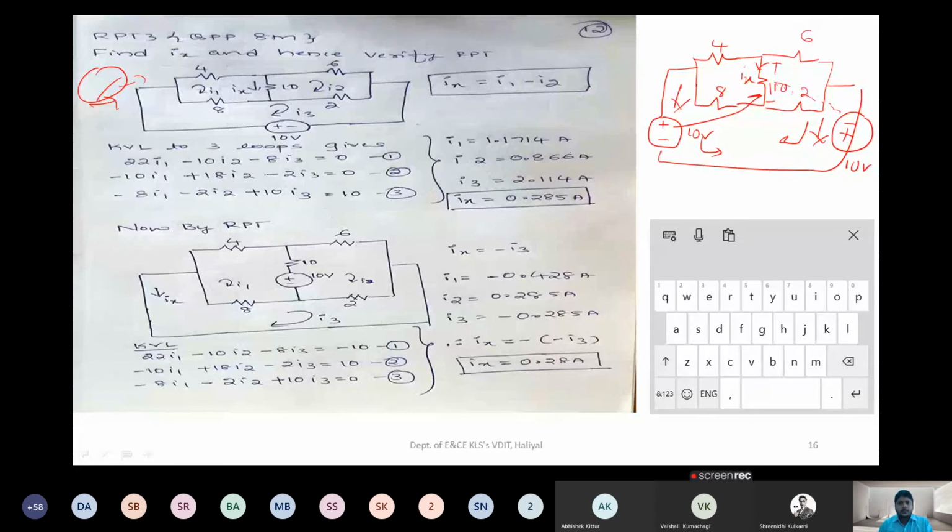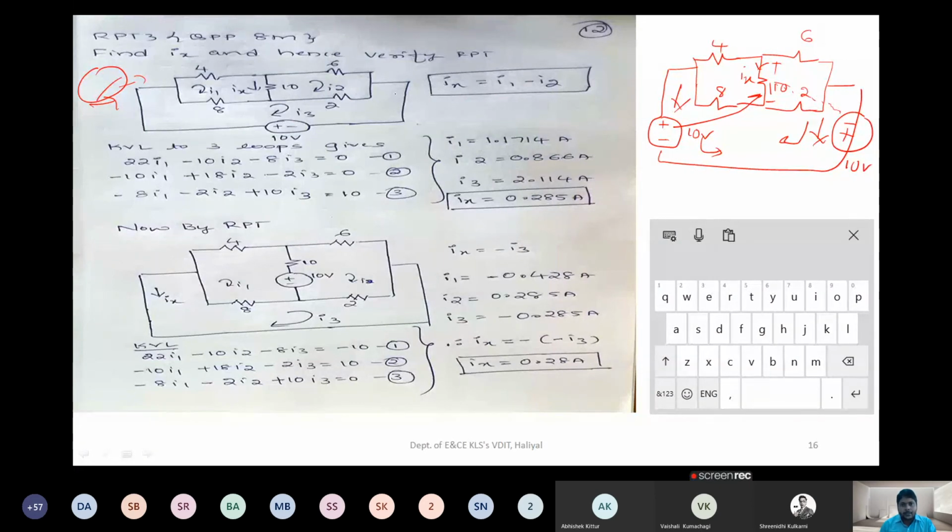Okay. So first, anyway, it will appear in the next part. First, what you have to do, as usual, with your conventions or convenience, you have to find Ix. So what is Ix? So I1, I2 and I3, they were not mentioned. So I can assume I1, I2 and I3. So according to the assumption, what I can make out is Ix is nothing but what?